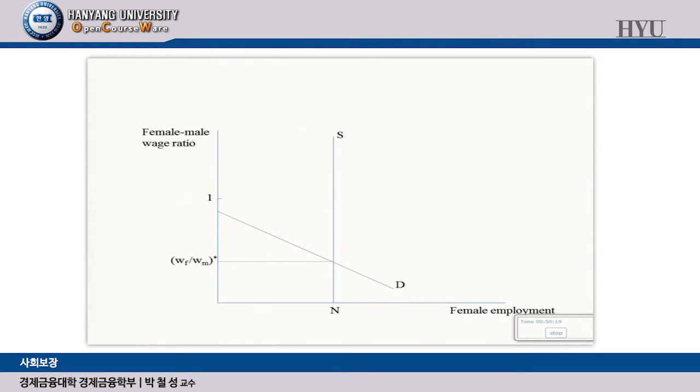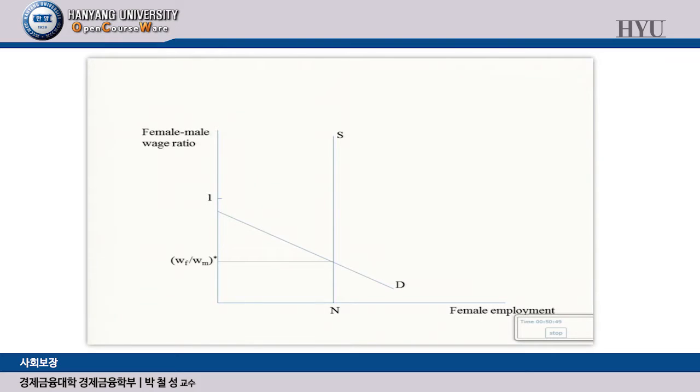So that's the first thing, that competition is important in determining the level of discrimination in the labor market. If the competition is very strong, the level of discrimination will be lower, and if competition in the market is weak, then the level of discrimination is likely to be high. Okay, and then if you look at the female-male wage ratio in the equilibrium, we have seen that